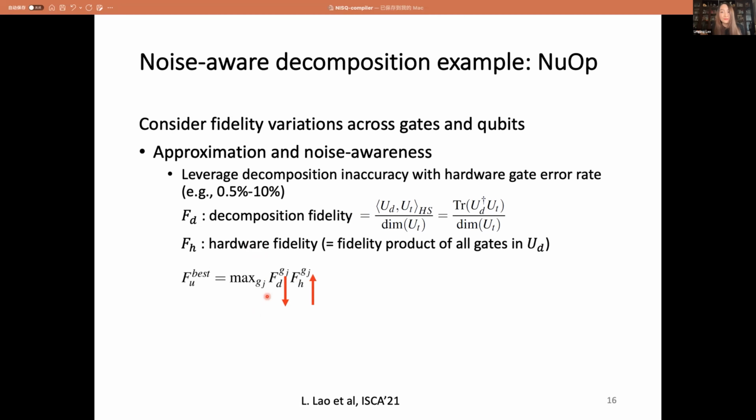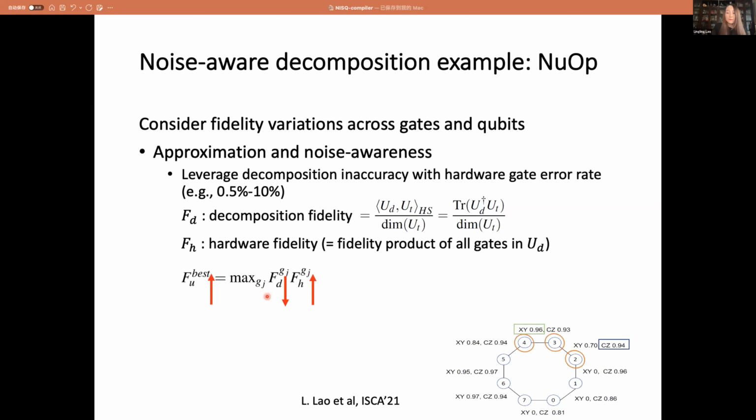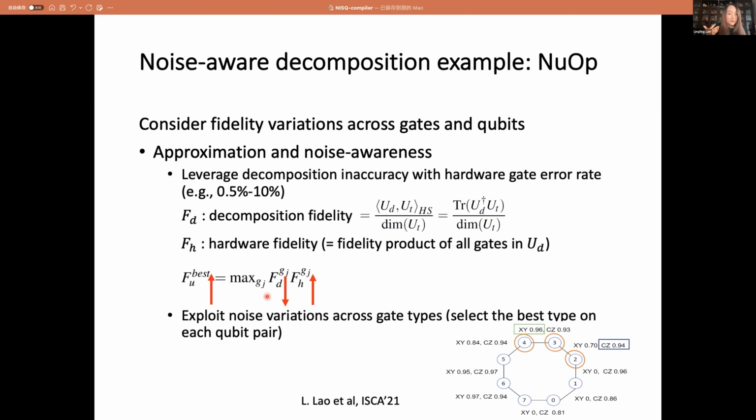So in order to improve fidelity, we could have an approximate decomposition, which requires fewer native gates. In that sense, we will increase the hardware fidelity and the overall implementation fidelity is increased. And furthermore, on current devices, the noise also varies across gate types and different qubit pairs. So we could select the best gate on each qubit pair.